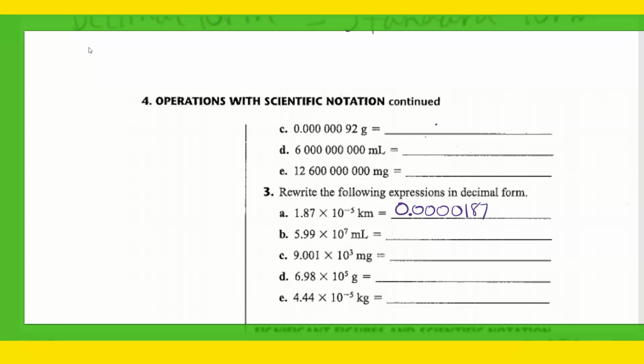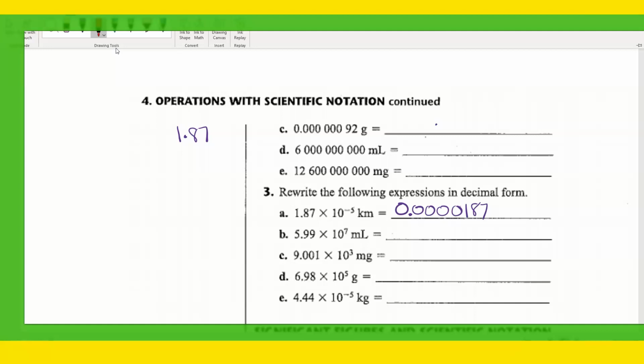Now, in case you're wondering, okay, Miss Ship, I see that, but what if I wanted to do it a different way, where I move my decimal to make sure? You can do that. As a matter of fact, I'm going to put the number here, 1.87, the base. We call that the base whenever you're dealing with scientific notation. You're going to take that decimal and move it back 5 places to the left. So remember, ladies and gentlemen, when you have a negative exponent that you're trying to put in decimal form,